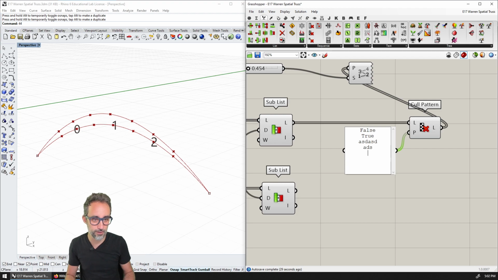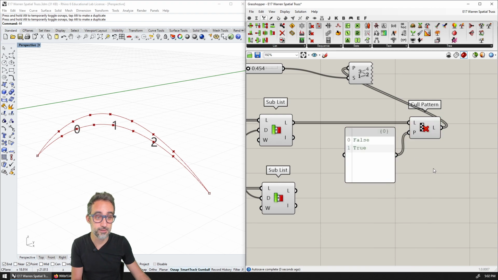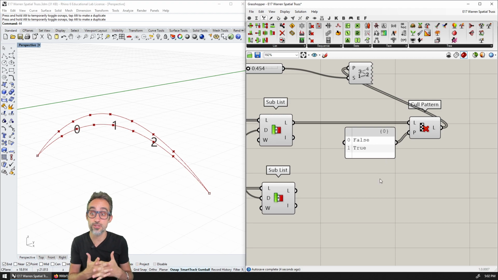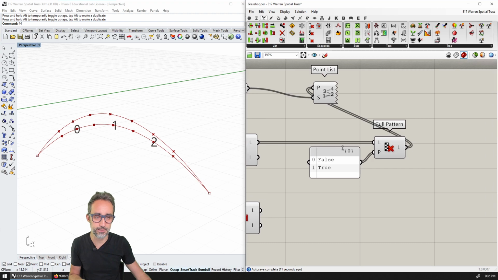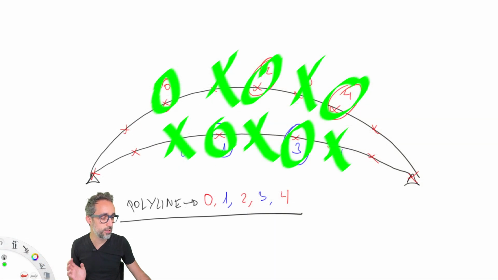I could add more here, but if I do that, it's going to give me an error, obviously. So I'm just going to double-click and remove all those lines. All right? And I'm also using a panel because I want to make sure that no one changes this. For me, it's important that this pattern has to be like this. So you can see how I had these points, and now after calling the list, what I have is only this point, and this point, which kind of matches what I wanted to do in my diagram.